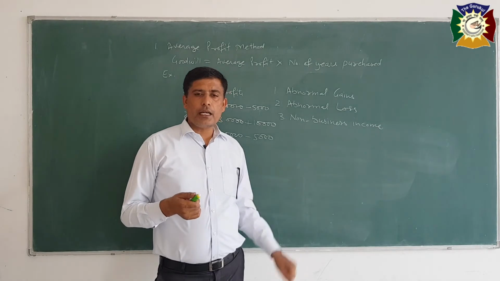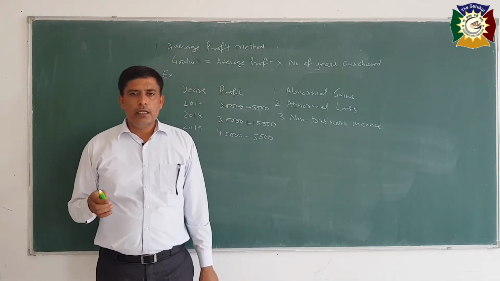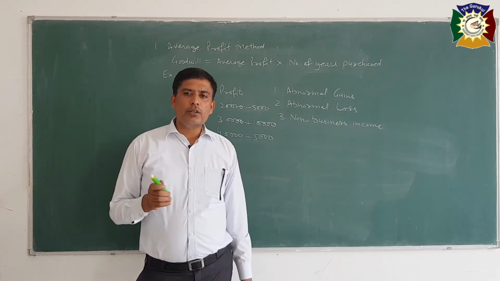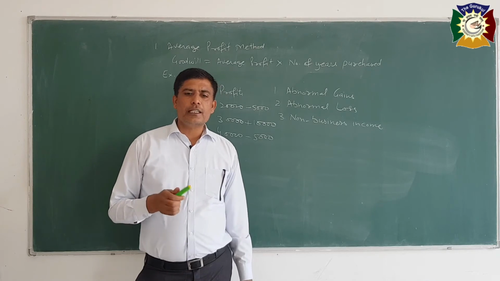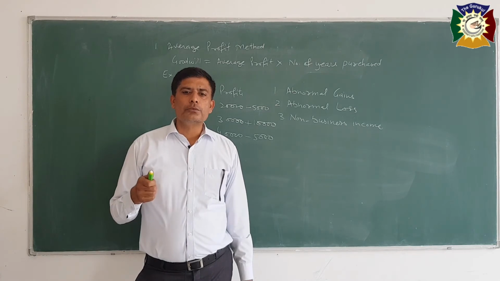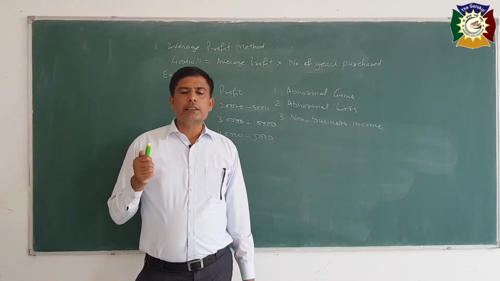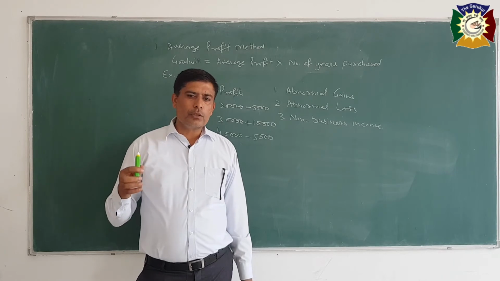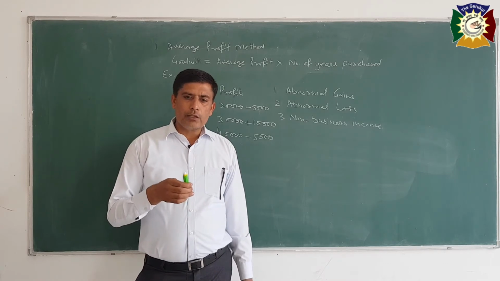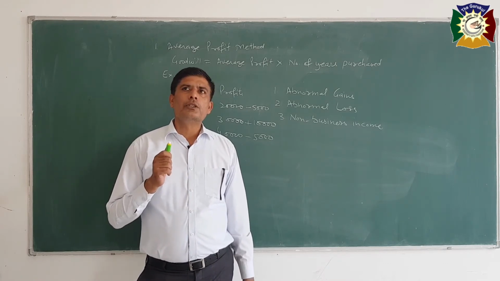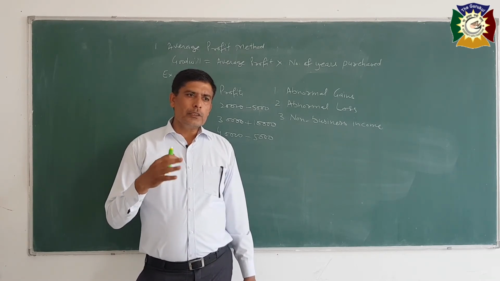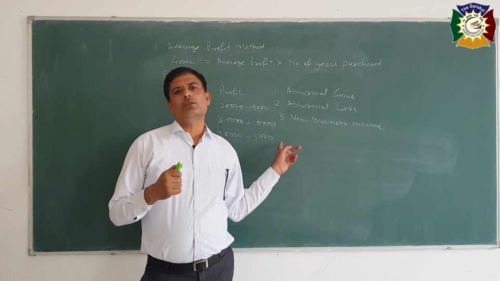Another point, sometimes it may happen that a particular asset is purchased, like a computer is purchased for rupees 50,000, and wrongly it was charged to revenue. Charged to revenue means it is shown on the debit side of the profit and loss account. When a computer is purchased, it is a capital expenditure, so it should be shown in the balance sheet. But wrongly it was recorded to profit and loss account, so that will reduce the profit. So when any such asset is purchased and due to this profits are decreased, we will again add it back to the profits.